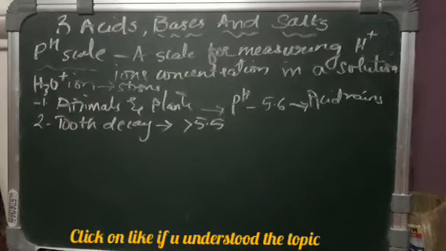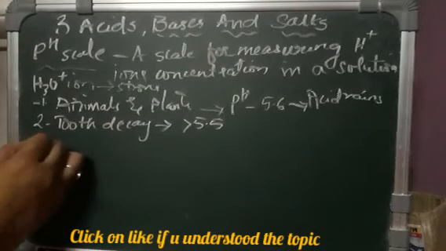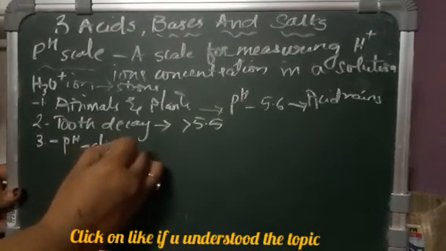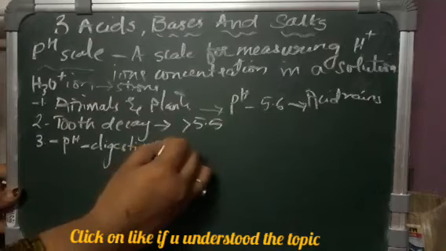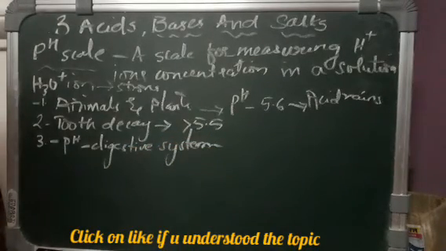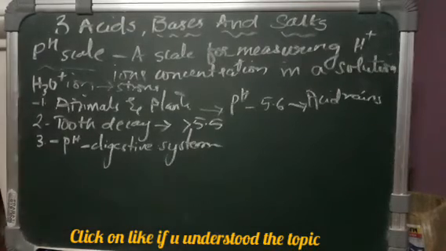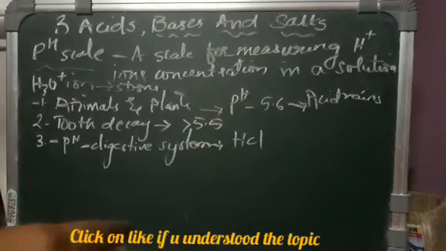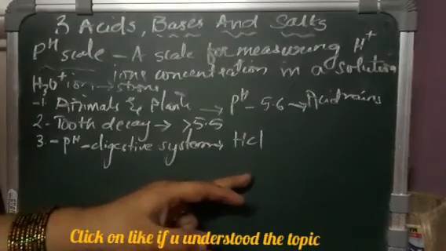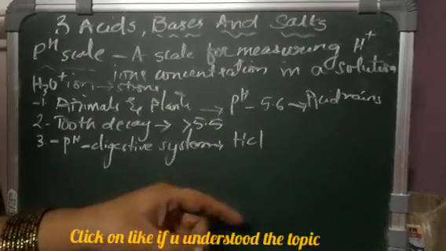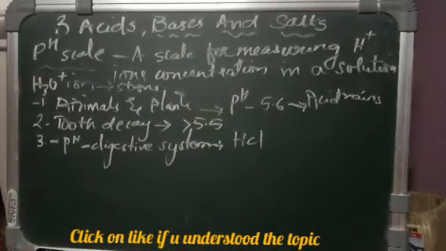The next is pH in our digestive system. What is the pH in our digestive system and what is it responsible for? It is very interesting to note that our stomach produces HCl. If you have learned in bio, some acid is present in our stomach. What is that? HCl, hydrochloric acid. It helps in the digestion of our food without harming the stomach. During indigestion, the stomach produces too much acid and this causes pain and irritation.